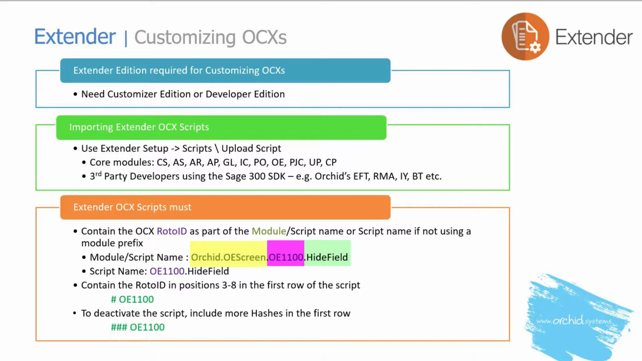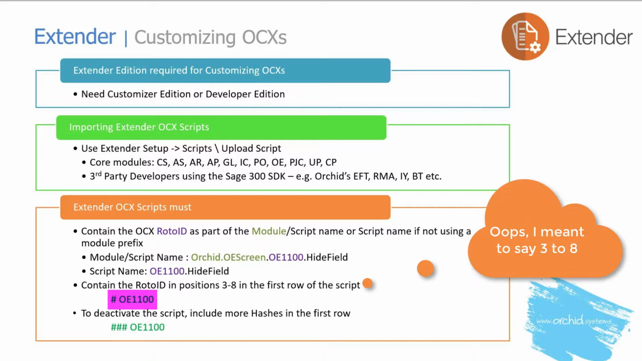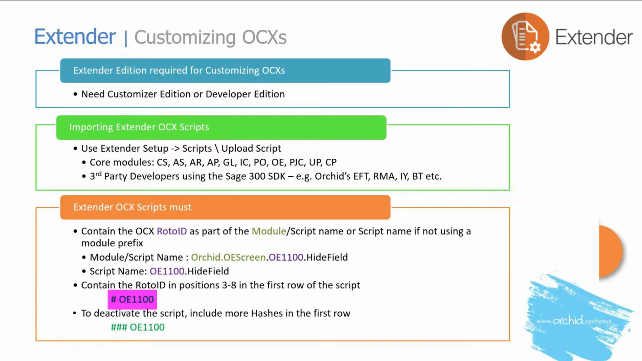And this would mean this is the trigger for Extender to recognize that the OE1100 hide field script is applicable to the OE1100, which is the order entry screen. Or if you're not using a module name, then you would just call it OE1100.hide field. And then within the script itself, the first row of the script, you need to include the roto ID again, and it must be in positions 3 to 7 in the script. So hash to make it a comment line from a Python point of view, and then a space, and then